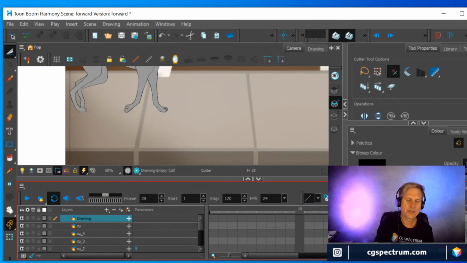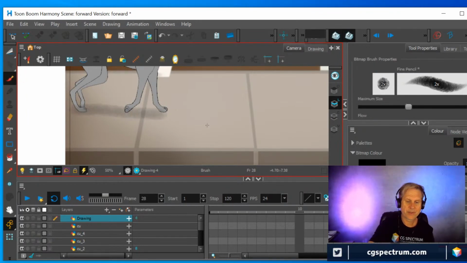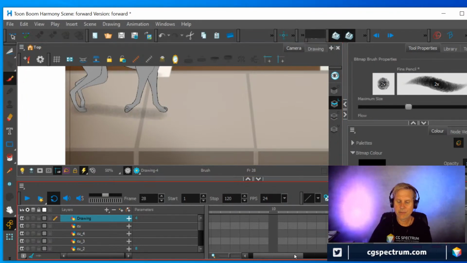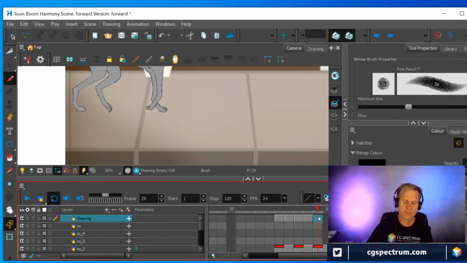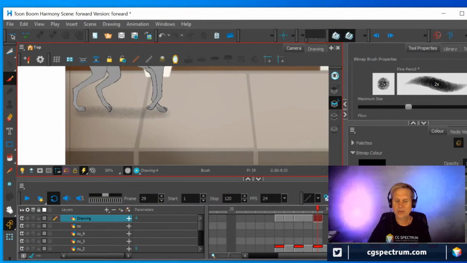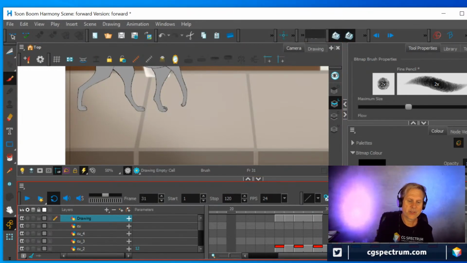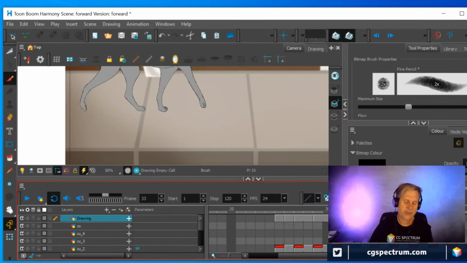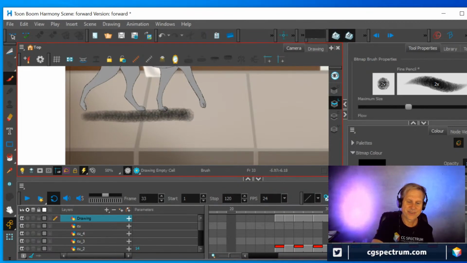I'll just do a couple more frames of this just for laughs, and see what happens when I just draw this out straight ahead. I can be pretty sure that, well, this thing's on 2s for a lot of it, so I don't want to draw an extra frame on there, but I can be pretty sure it's going to look really shimmery, and it probably won't look that good, but at least then I can say I told you so. On the other hand, it may look wonderful, and then I'll still say I told you so. So anyway, I'm just drawing some shadows, and then I'll play these real fast and we'll see